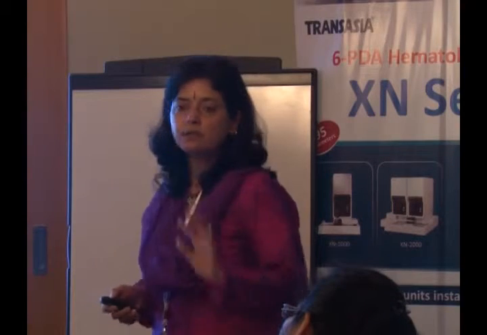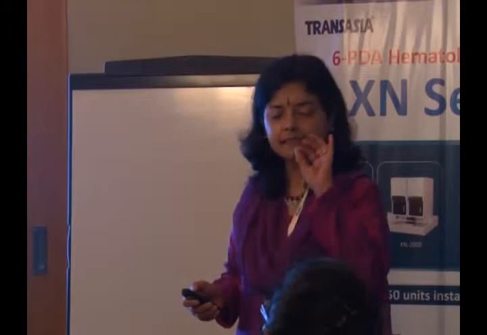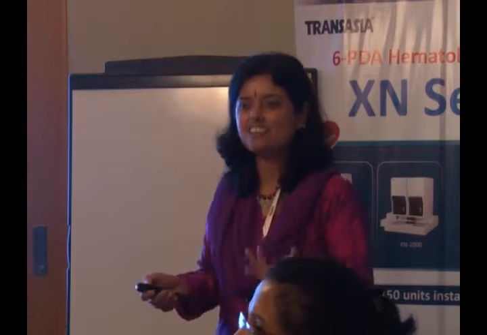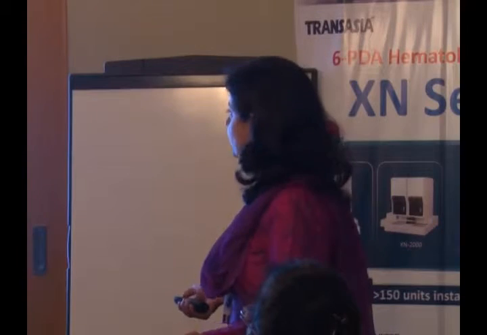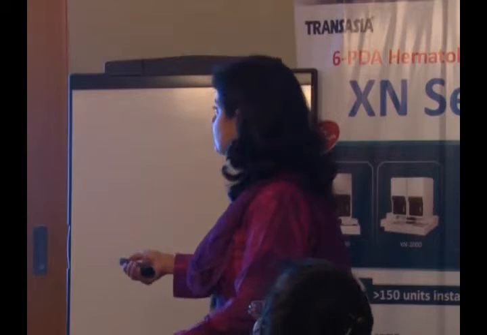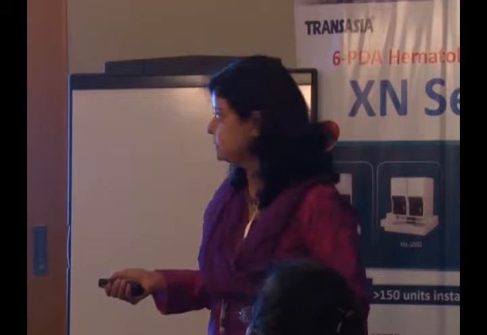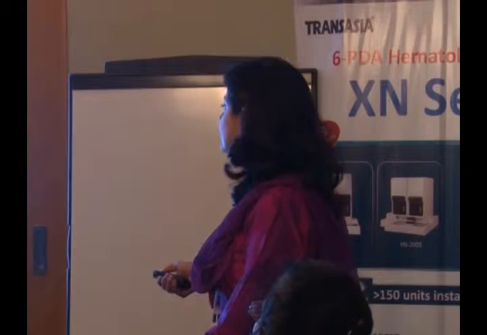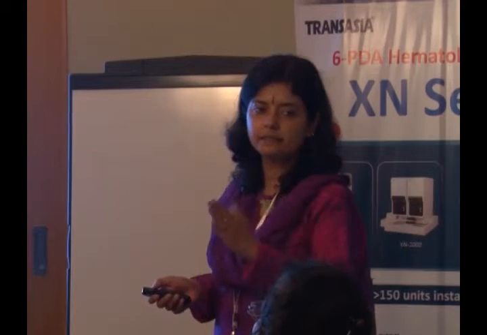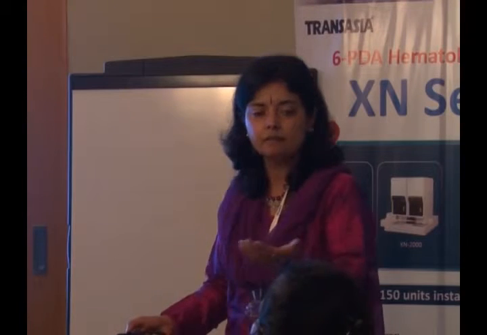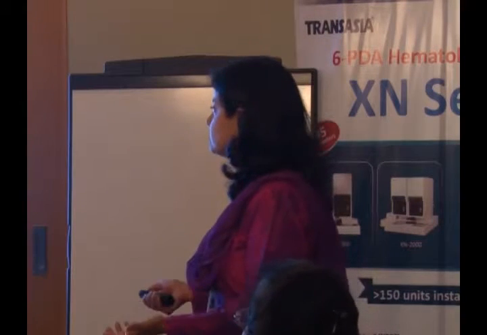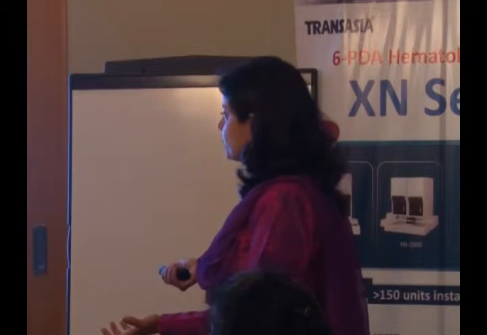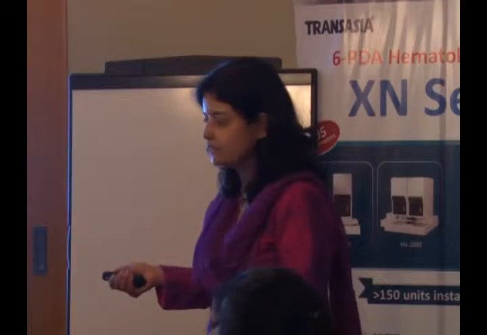So MPV we knew in the old textbooks. I will come to MPV. It is my least favorite. I don't like MPV at all. A lot of it was said when we were students that okay, there is a high MPV in immune destruction like ITP, and low in aplastic anemia or in leukemias. PDW is like RDW. It tells you the degree of anisocytosis. RDW told you the variation in RBC size. PDW tells you the variations in the platelet size, which is increased in essential thrombocythemia, normal in reactive thrombocytosis, but that's not the way to differentiate.